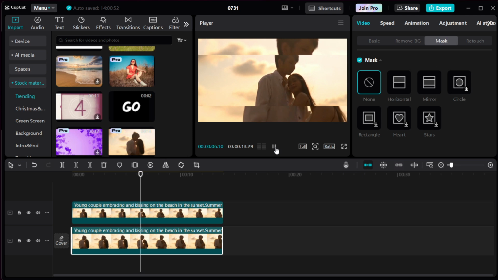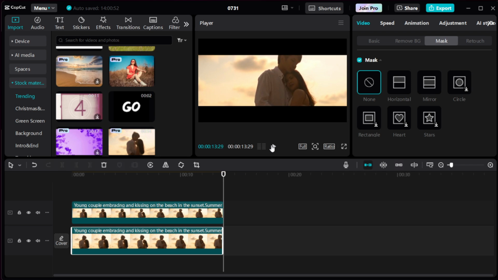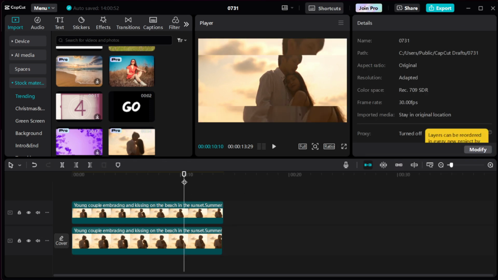This adjustment stage is critical because it fine-tunes the visual harmony of your mirrored effect, ensuring your video appears polished and professional. There you have it, a beautifully mirrored video effect that's sure to captivate your audience and elevate your video project. Experiment with different mirror directions and positions to discover how this effect can enhance the story you're telling through